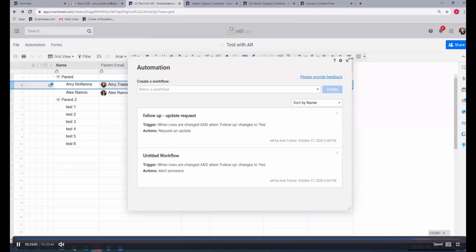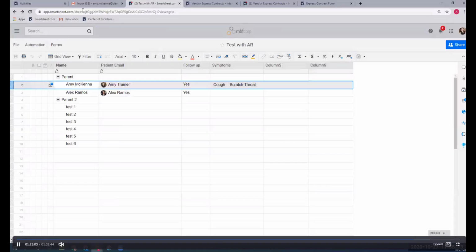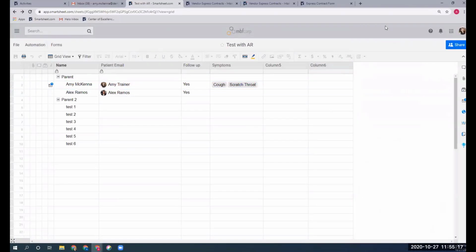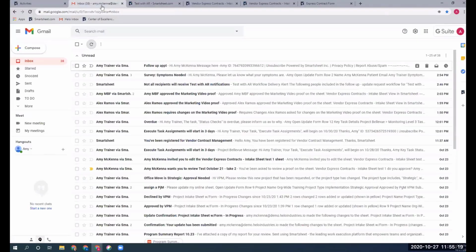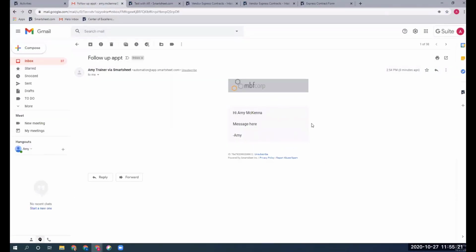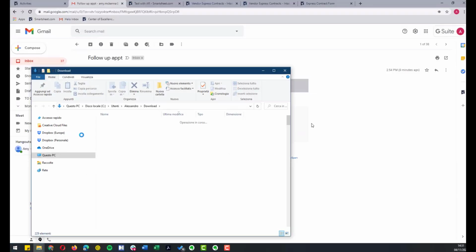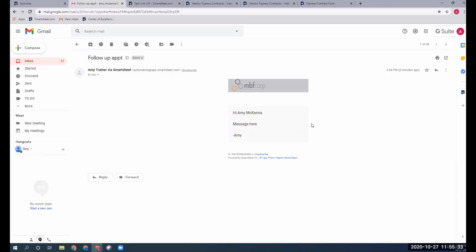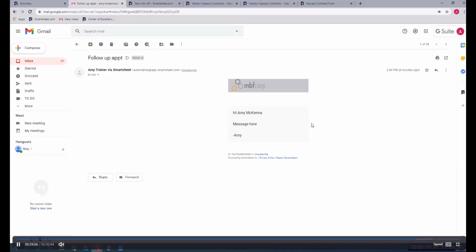I don't know why this is not working for me. Oh, let's check. Fantastic. Okay, finally. So the follow-up appointment will only look like this now if you choose message only. Okay. So I don't let them see the lines because if it's not an update, that's the idea. If it's not an update that they have to